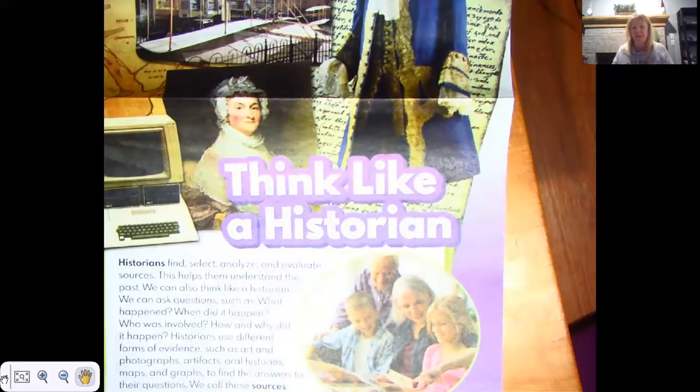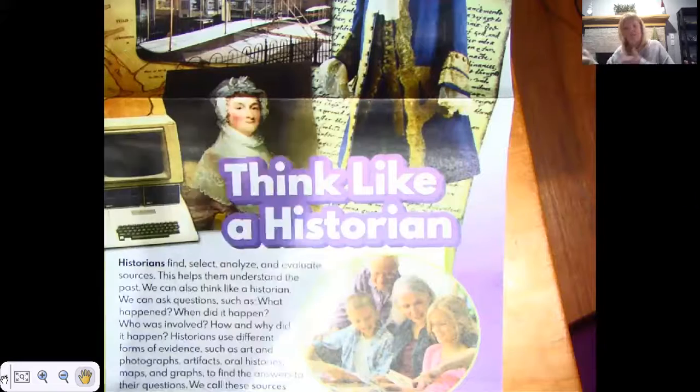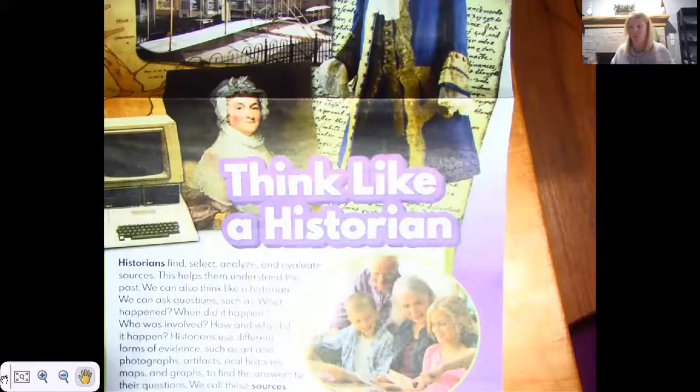So all of the places you can get information from is a source. So reading a magazine, an encyclopedia, looking at a map, looking at art, listening to podcasts, watching documentaries, looking up on Google, these are all sources, places you find information, like your textbooks. When you take your reading test, you use the textbook, the story in the textbook, to find the information, to find the answers. So that is a source, okay?